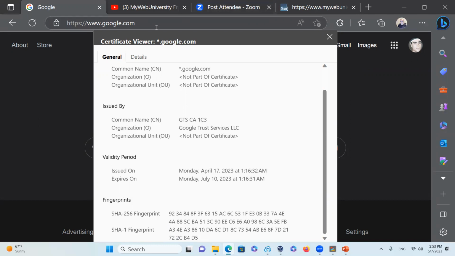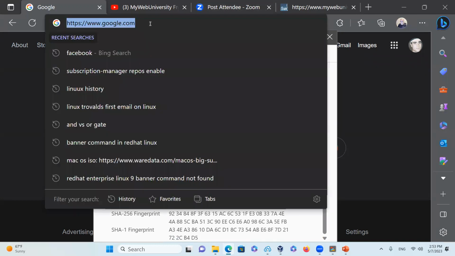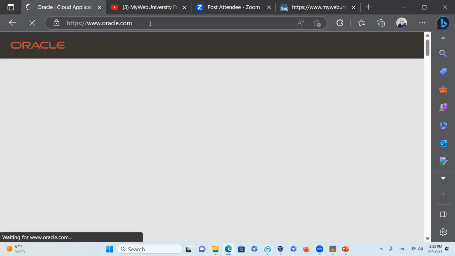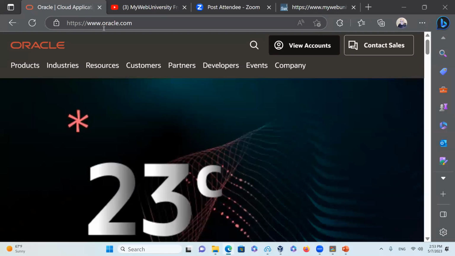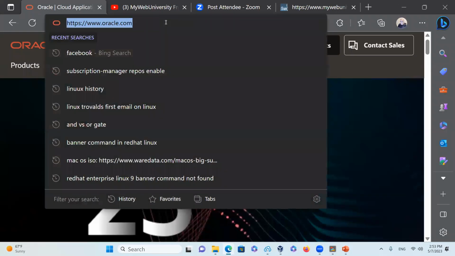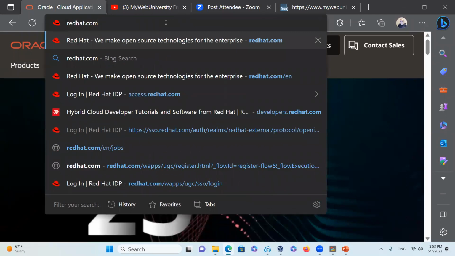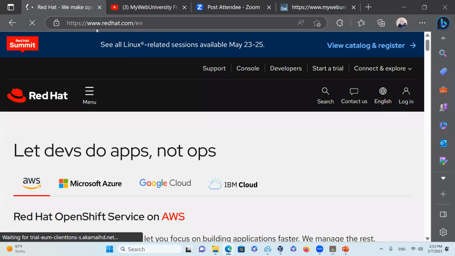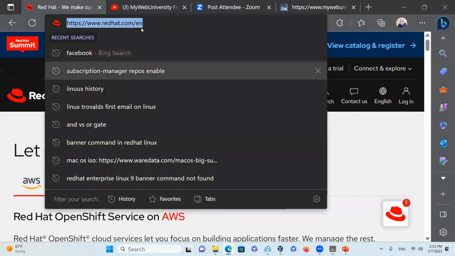And if you go to a bank, for example, or some other system, which I'm not going to go to for every company, let's go to oracle.com. Notice that I type in oracle.com and it automatically takes me to the secure page. If I go to redhat.com, it automatically goes to the secure page here. So if you type in here,